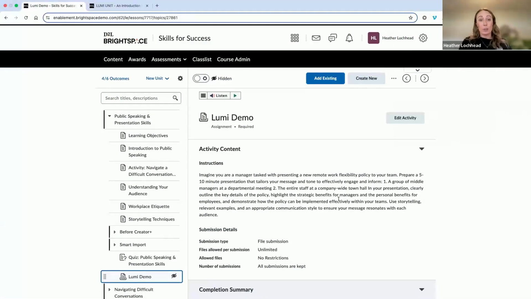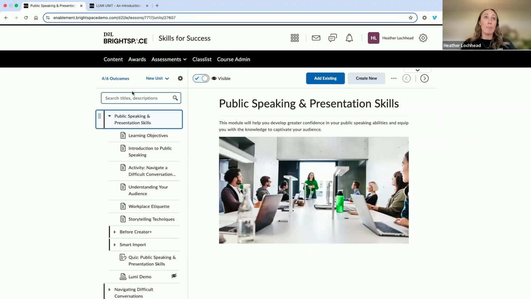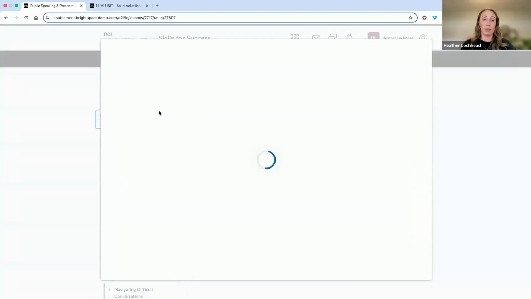So when D2L Lumi Pro for Brightspace is enabled in your environment, we can either create a new nested unit, and we can do that by clicking on Create New, and then generate a unit from File. But what we want to do today is create a new top level unit. So we do that by clicking on New Unit here in the upper left pane, and then generate a unit